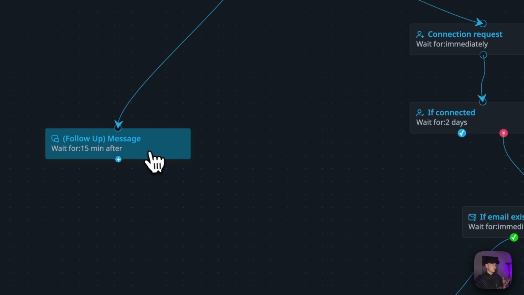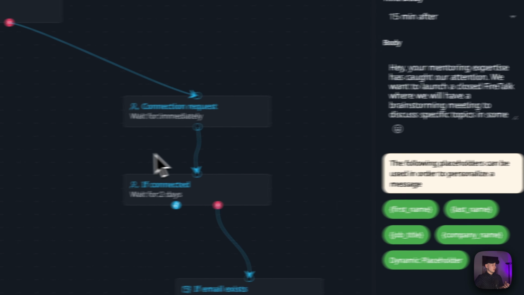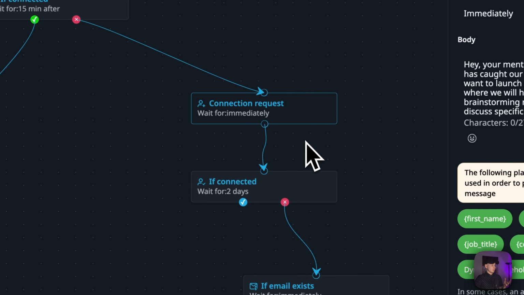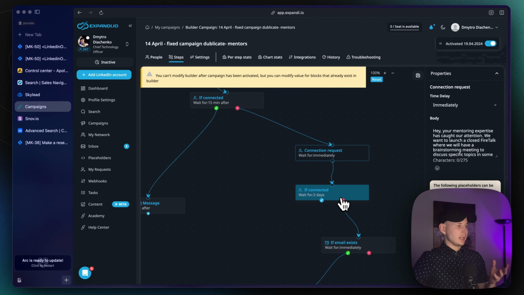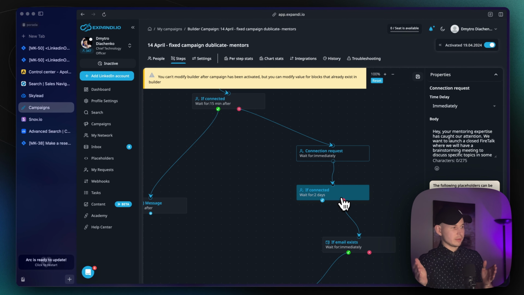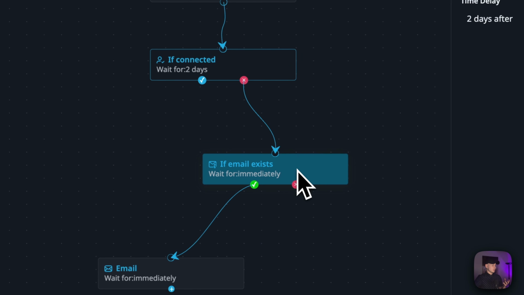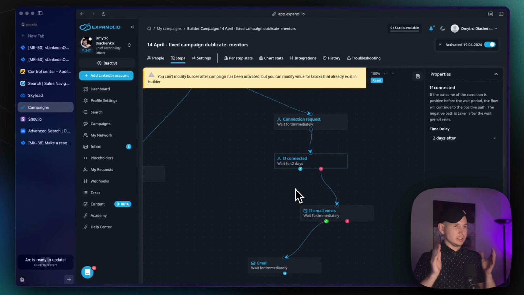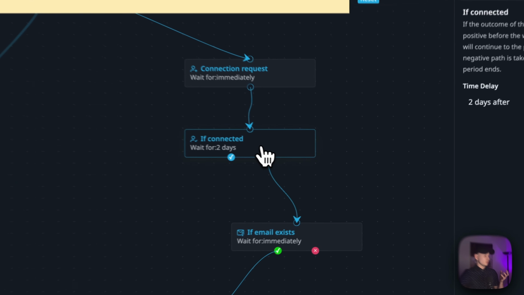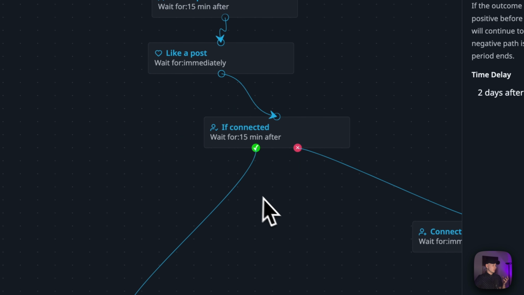If we connected, we're trying to follow up with a message. If we are not connected, we're trying to make a connection request. And then later, after 2 or 5 days, it can be as you wish, you can try to check if this lead is connected to your campaign. If it's connected, you're trying to reach out to him, and basically you can specify the message when you're following up